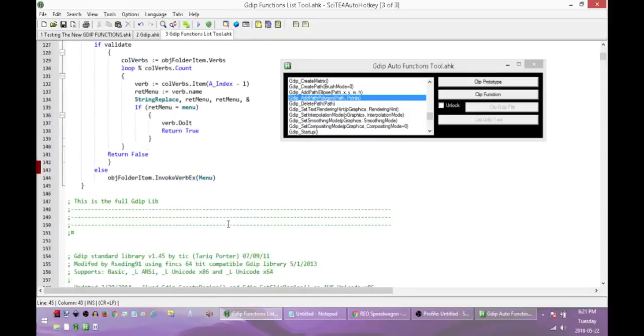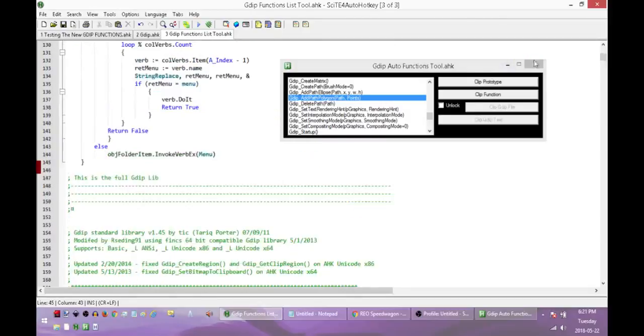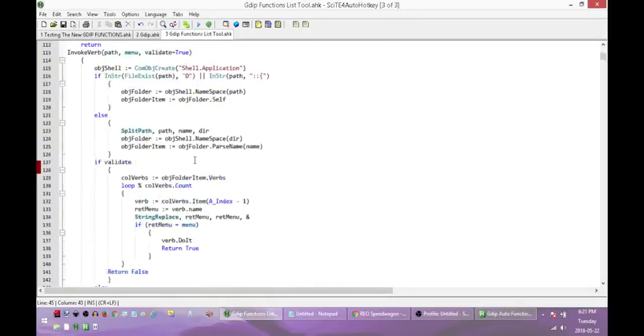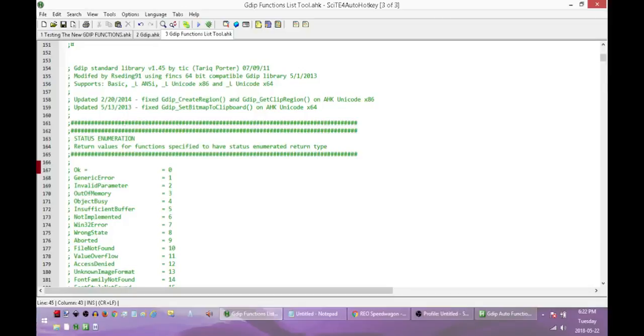So let's say you have a new function that you've added to your library. I'll show you here at line 147, and it should be line 147 for you as well. It starts the full Gdip library as it's contained within here. So like I said, you can actually just include this file. When you're using Gdip, you can have this in the same folder, and you can say include this particular script, Gdip functions list tool, right? Because it has the full Gdip library